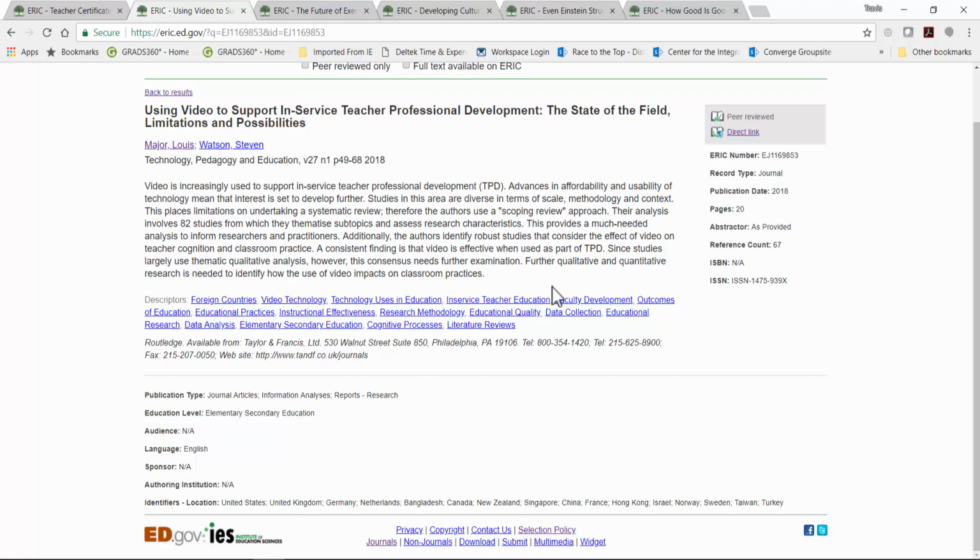Descriptors are assigned from the ERIC Thesaurus. That's a controlled vocabulary of education-focused terms. And when descriptors are used in searching ERIC, they can target your results more precisely. They capture the main subjects or the concepts in the content, and they can be used in new searches or as limiters for a current search, again, by going to the side panel on your results page, and you'll see